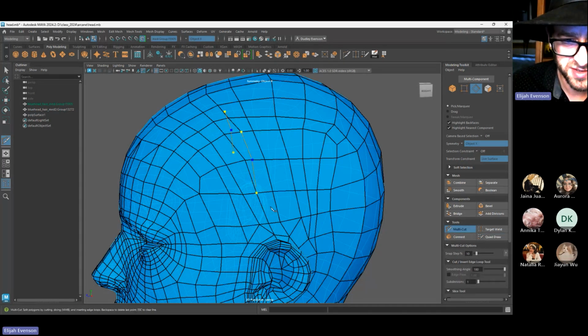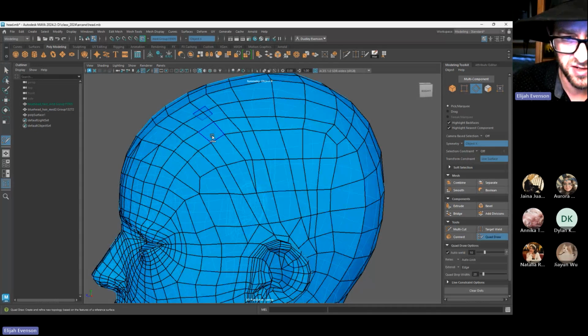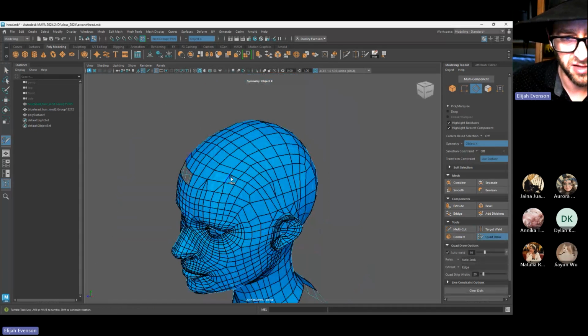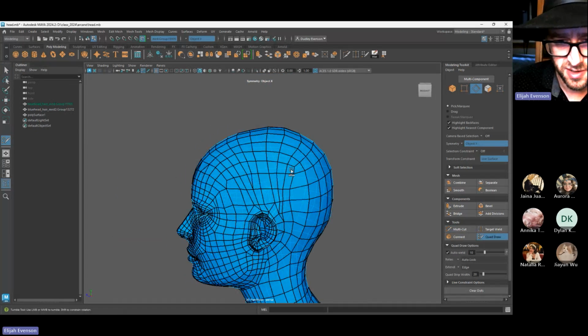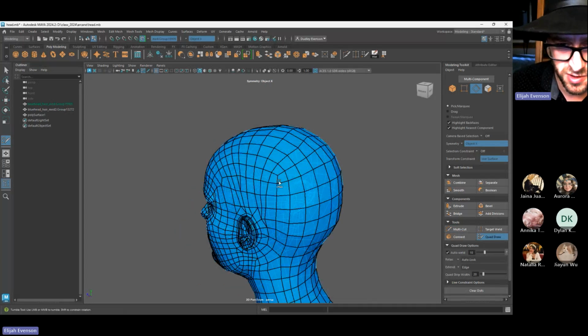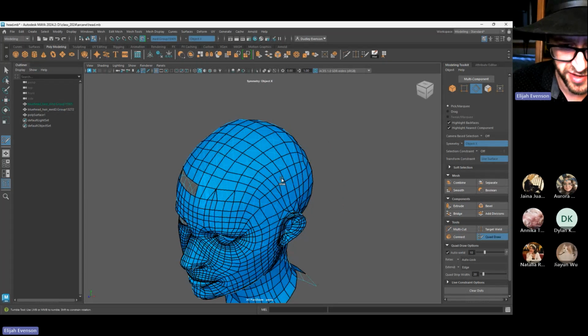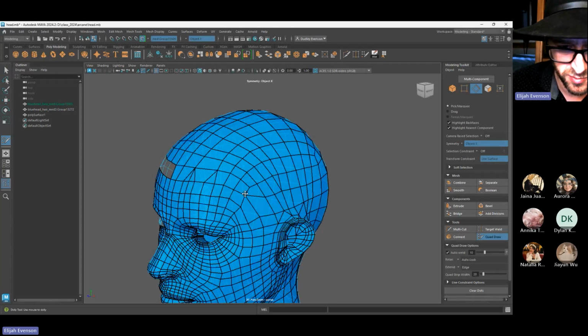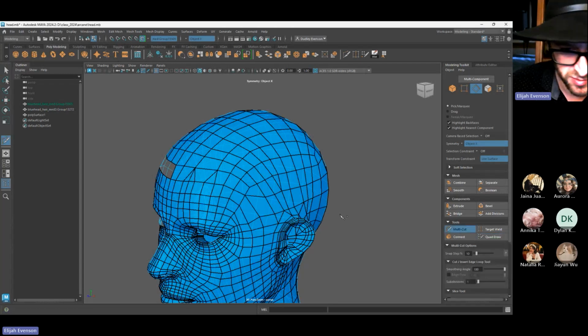Okay, so this is the whole process of the head LOD. A little bit of relaxing at the end, just trying to make sure that it's quadded. And then the final thing that I will do before I move on is I will